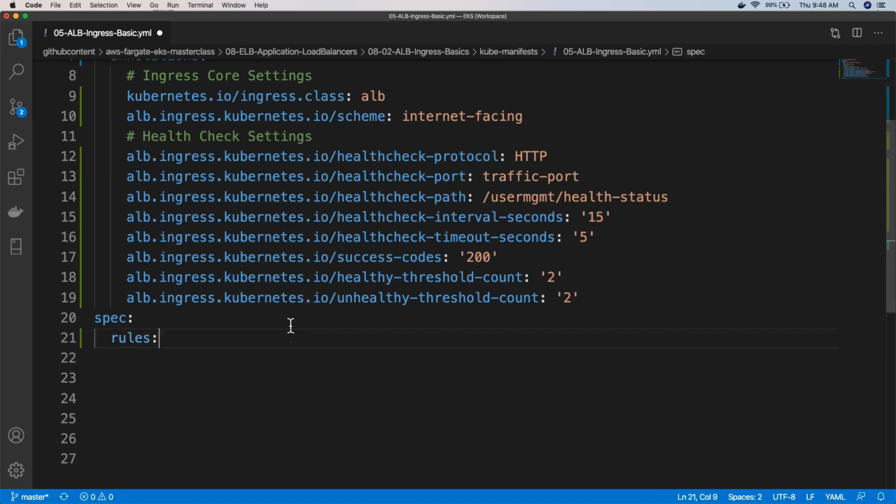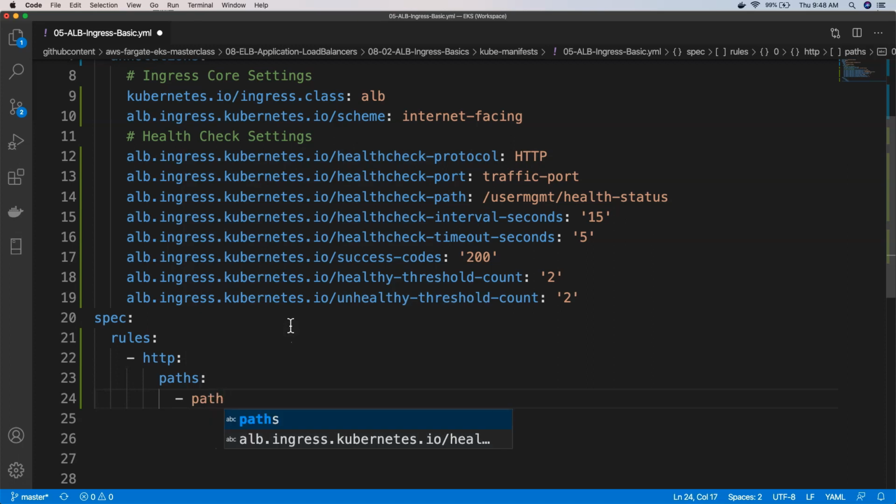Under rules we'll have a list which is HTTP, and under HTTP we are going to have something called paths, meaning the path of our applications. I'll say my first path is going to be /star. Whenever we go for the next level of adding additional applications, we are going to have more paths here, like /app1 and then /app2 and then /star. For now we are going to say path as default /star, and as usual, what is my backend here going to be?